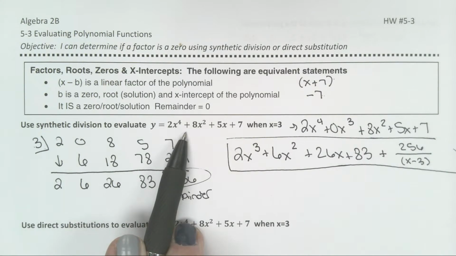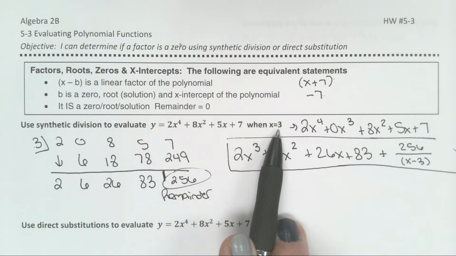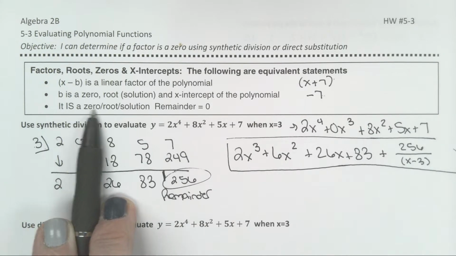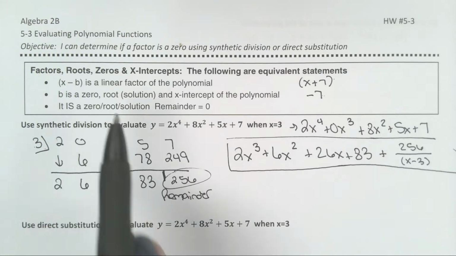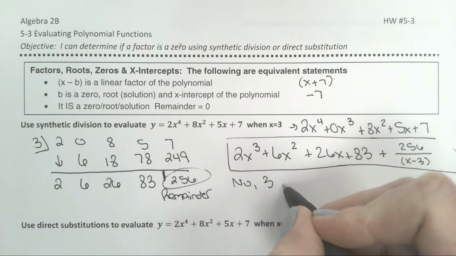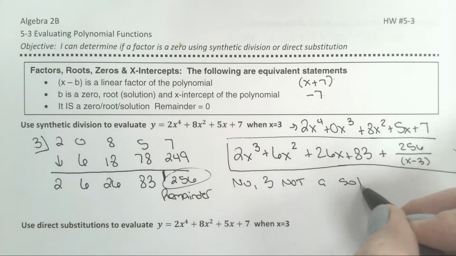So one of the essential questions that we've been asking ourselves is: is 3 a solution or a 0 or a root of this? And we would say no. 3 is not a solution